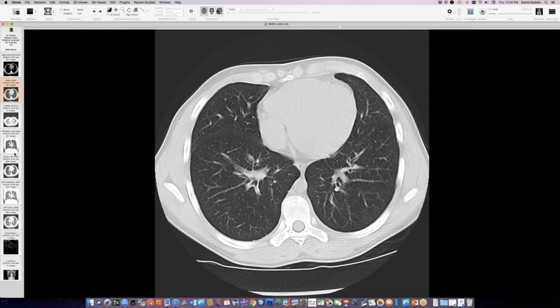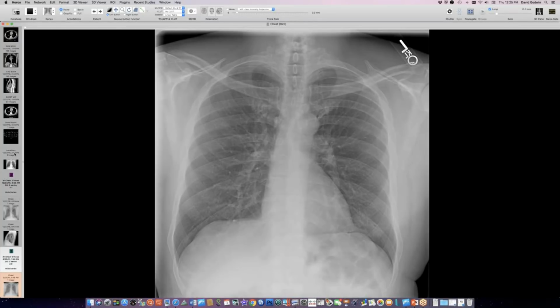Right now, it's not showing. Okay, so here's a fellow who had a normal chest radiograph. I think this is back in 2011, nice clear lungs, normal heart size. And then